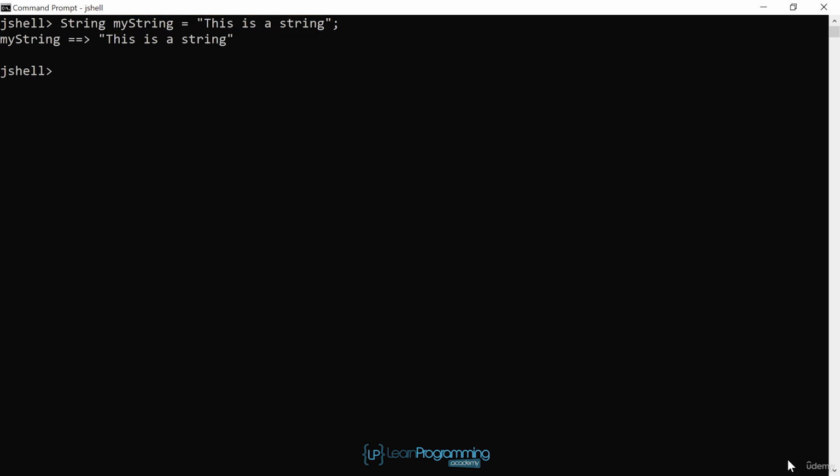Now let's go ahead and print out our new string variable. But let's preface the string with a little descriptive message. System.out.print("myString is equal to " + myString);